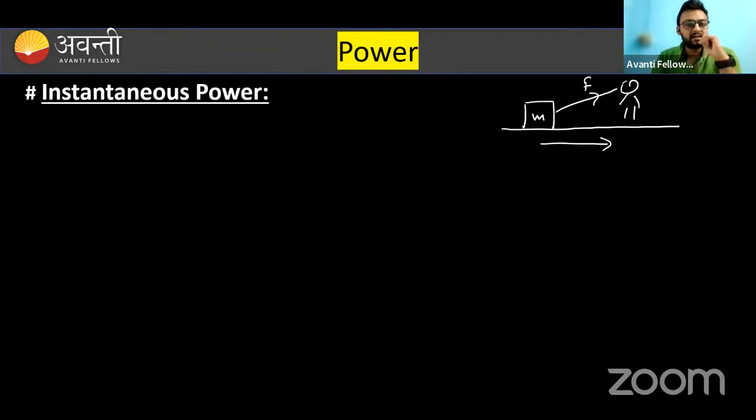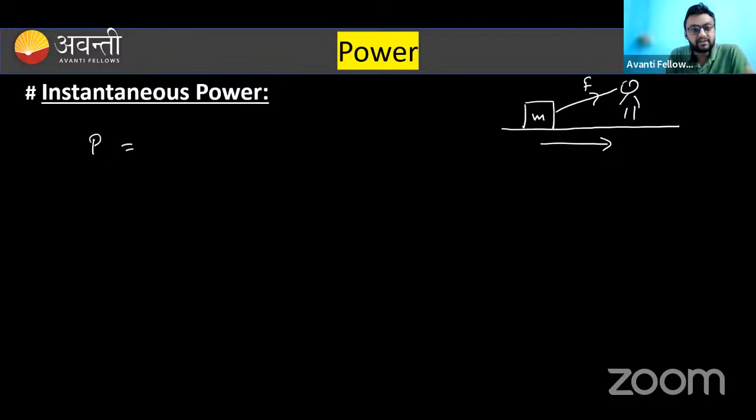But if I ask that at the instant of t equals to 4 seconds, what is the power that is being delivered by you? That means I have defined a specified moment at t equals to 4, at 4:30 and 10 seconds, at 3 seconds. This is the specific time. This is what instantaneous power is. At that moment, the power delivery. So it is defined as